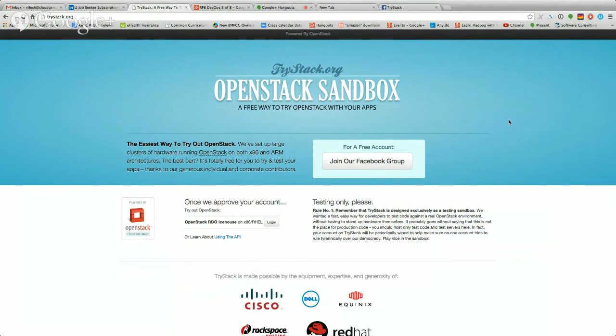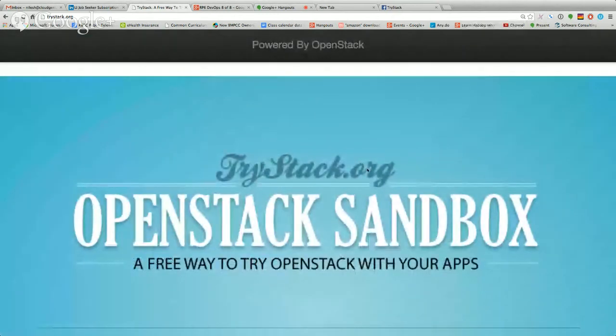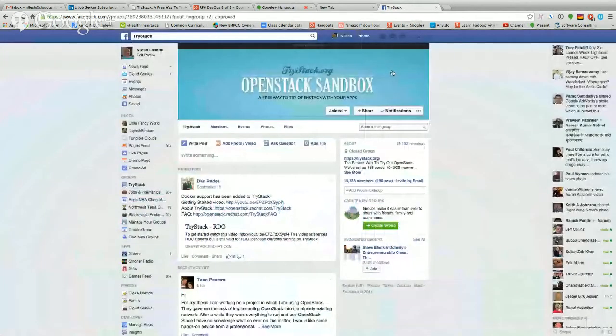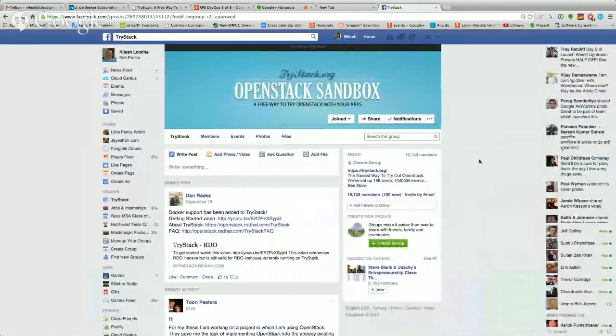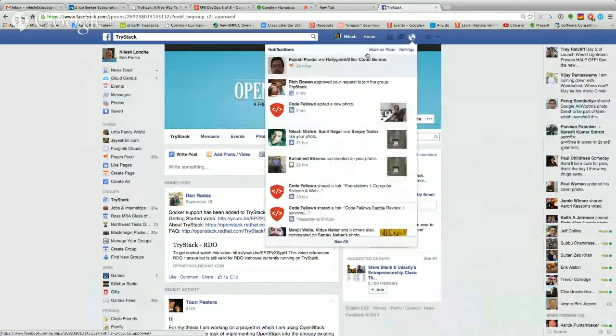The group is called trystack.org. That is the name of the group. I think it's a good idea to join. I don't know what we'll see when it becomes available. I have no idea what's going to happen if we join. Viruses. But I think it sounds like a good idea to join, so I just joined. I'm now a member, on Facebook. We're not looking at LinkedIn, but Facebook.